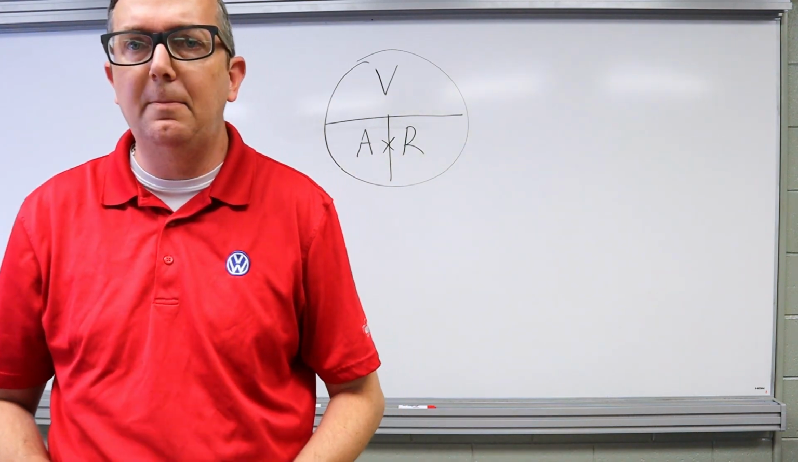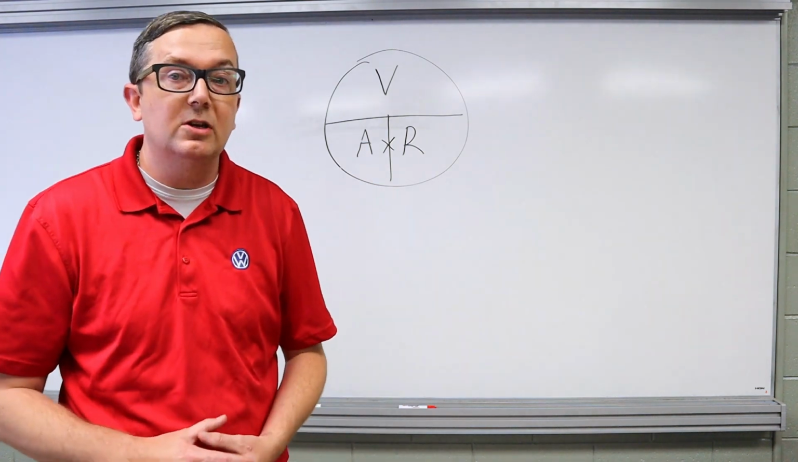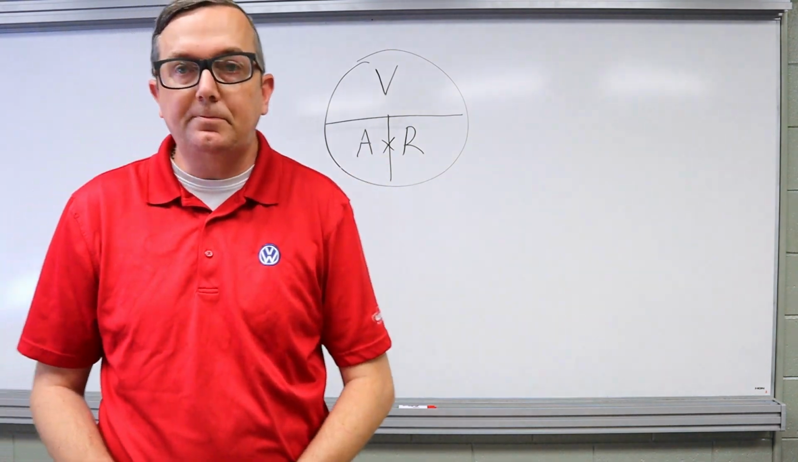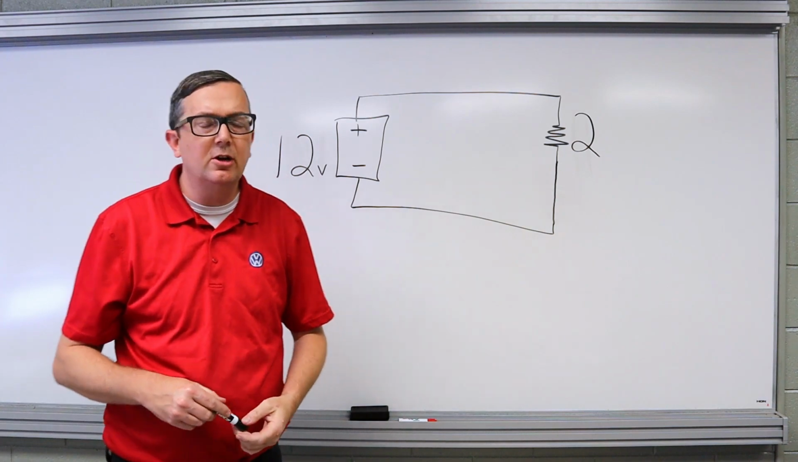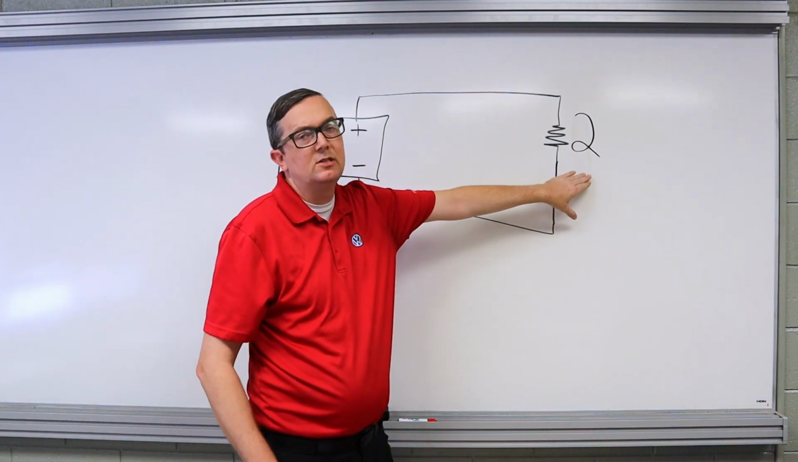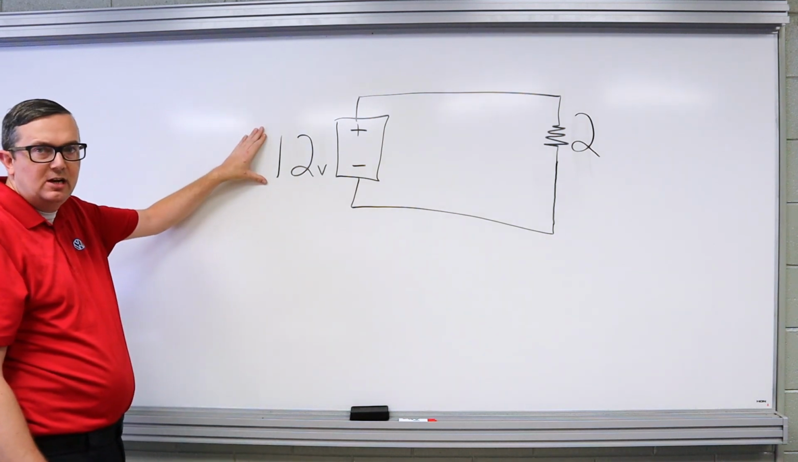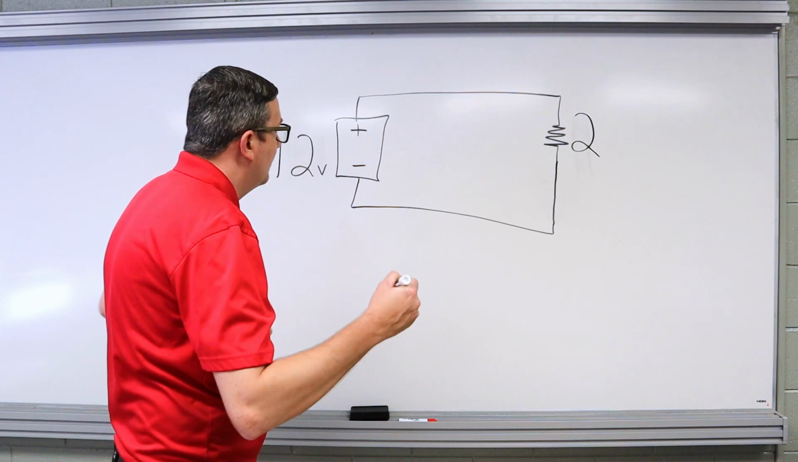So let's set this up. I'm going to draw a circuit on the board here, and we're going to start using this on a series circuit. Okay, so here is a simple series circuit. We just have one resistor here, and the resistor is coming in at 2 ohms. Our volts is just 12 volts. So what I'm going to do is draw